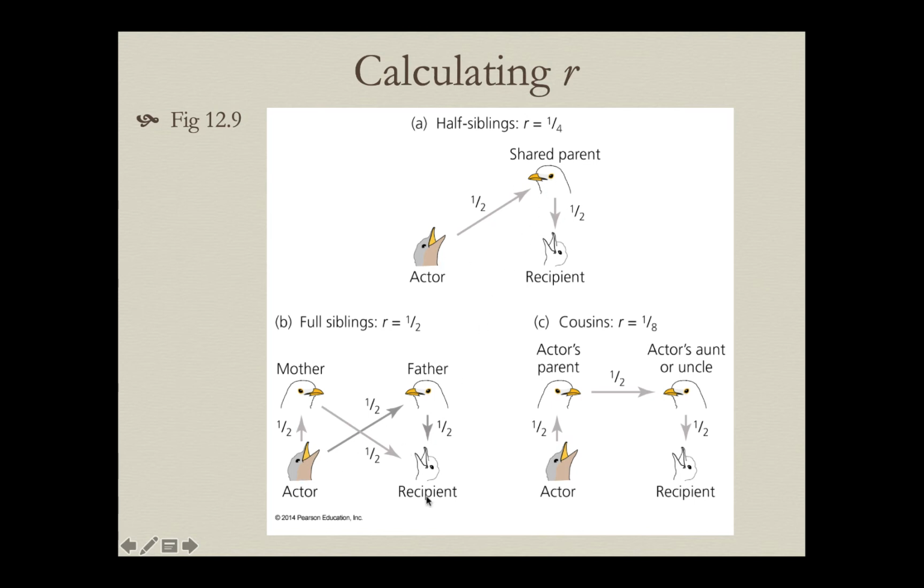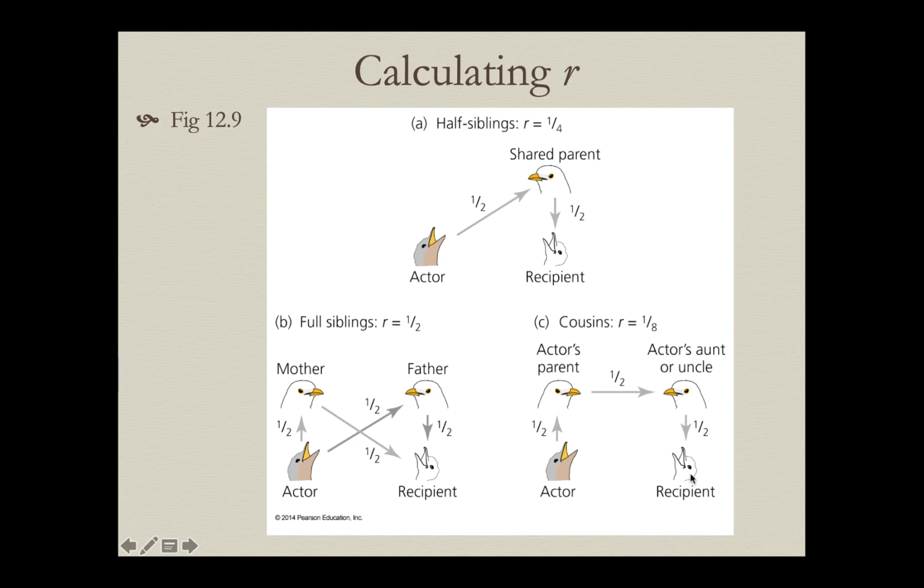This is the same thing, right? So again, that's just the relationship through dad. But if it's a full sibling now that we're dealing with, that means we've got mom in the picture, the mom that was the mom of this individual. So again, you've got this individual that's you, the altruist, related to mom by a half, and then mom is related to this sibling by a half. So we get this quarter plus this quarter, and now we have a half.